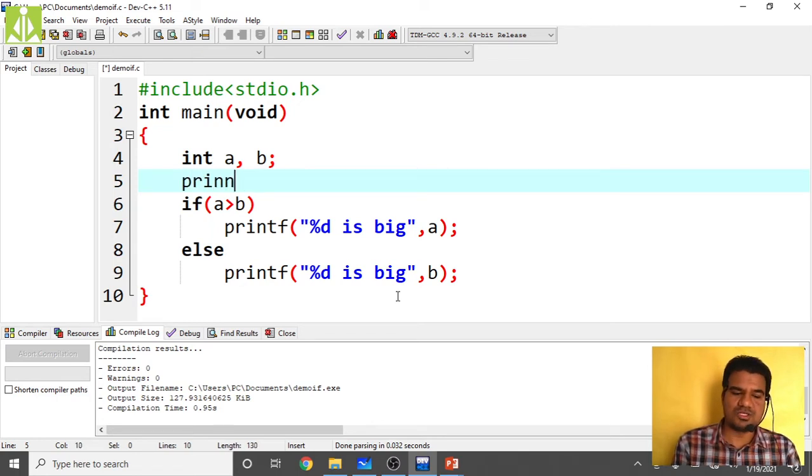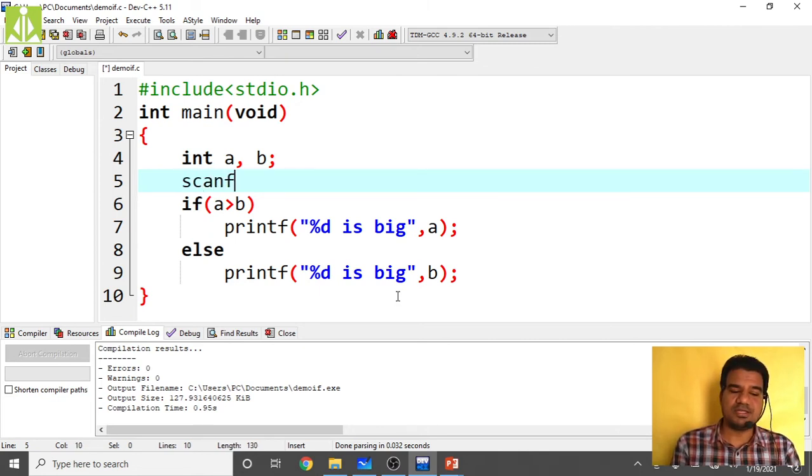For that we also need to print a legitimate statement on the output screen, so that the user will know what to do when the control is waiting on the output screen. Because if you use a scanf statement, the control will wait on the output screen for input. So I will show you how it looks without this printf, and after adding printf, how interactive it becomes. First, without printf, we write the code.